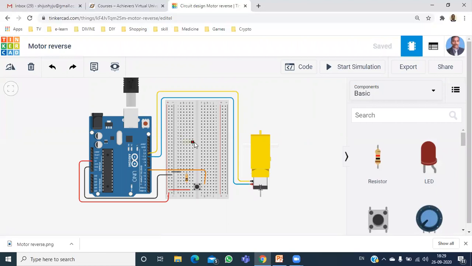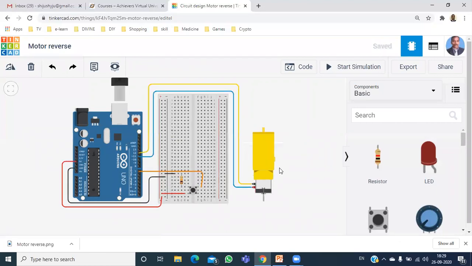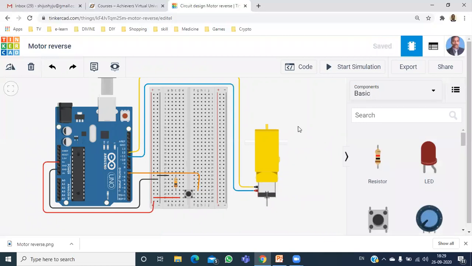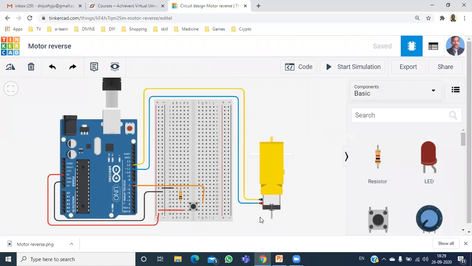And this is the case. First, we can discuss the connections of this. So the connections are, that is, the ground is connected to this negative rail, and the plus 5 volt is connected to the positive rail. The same thing, that is, the plus 5 volt is connected to the input side of the switch, as well as the output side of the switch is grounded through a 10K resistor. It is a 10K resistor, and the output side is also connected to pin number 7.